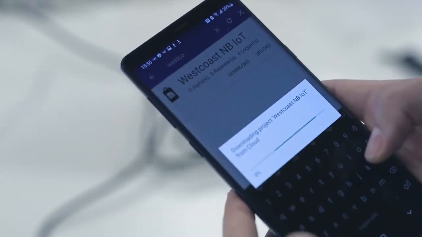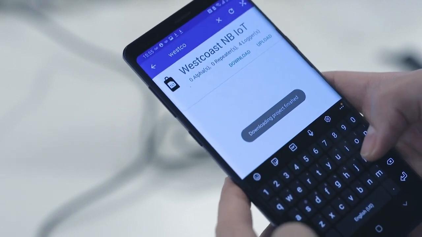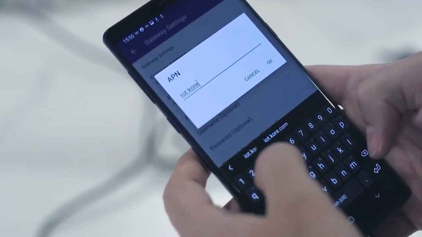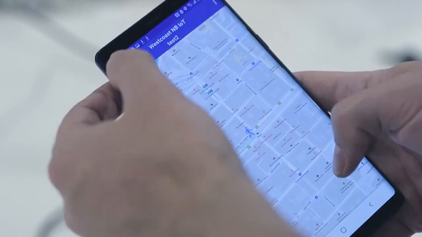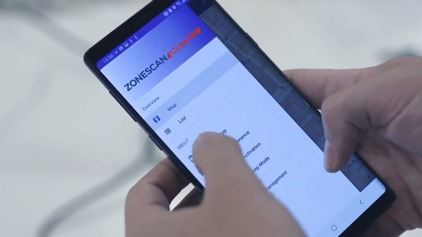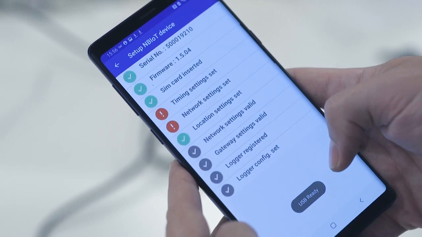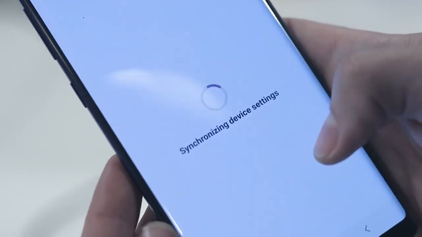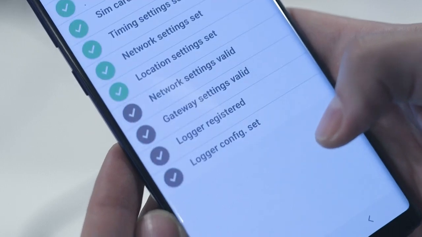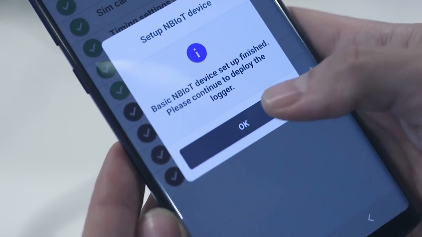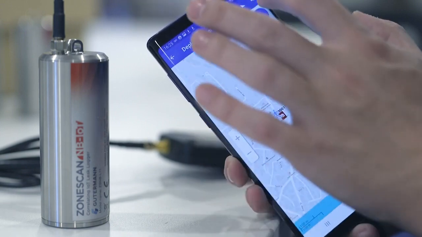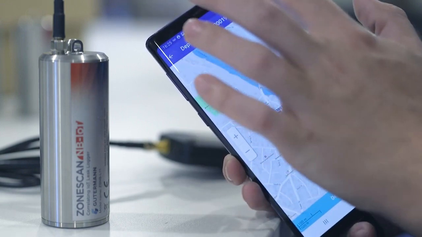On the next screen, you can designate the APN address and bandwidths provided to you by your Gutermann sales representative. Choose Logger Setup from the main menu and proceed through each step until you are asked to deploy the logger. Once a logger is connected via the jig, setup process will begin automatically. For initial setup, your loggers may be deployed at any location and moved or redeployed later via the Install app or ZoneScan.net.